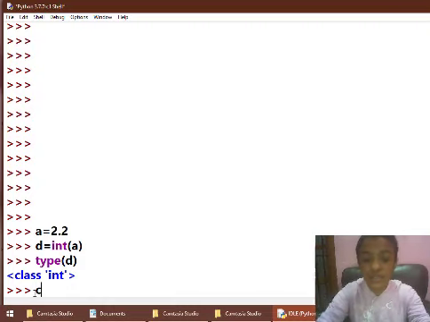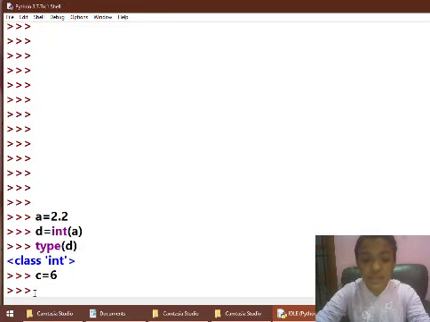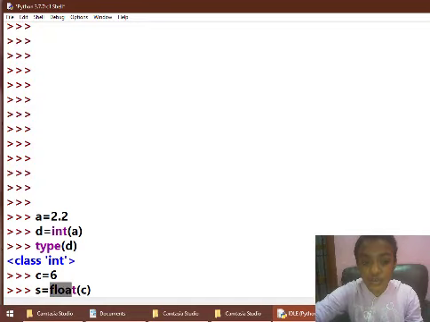So now let's try converting an integer into float. For that I am using another variable c, and I am assigning it the value 6, and I am using another variable y. Since my aim is to convert an integer into float, here I am going to use float, and within parentheses I am using c, which means inside c the integer 6 has been saved, and I have attached it to float here.